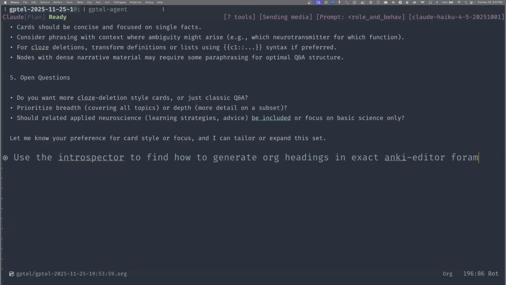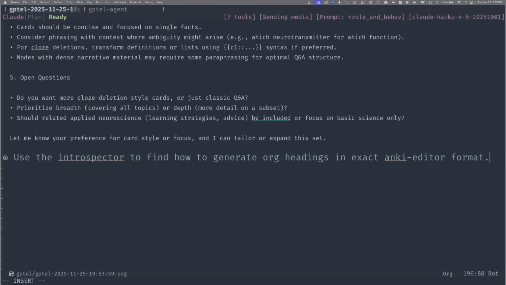Don't set it yet. I'm pretty sure that if you use Haiku again, you're going to get rate limited. We can try it nevertheless. Now I want to point out that this is kind of wasteful